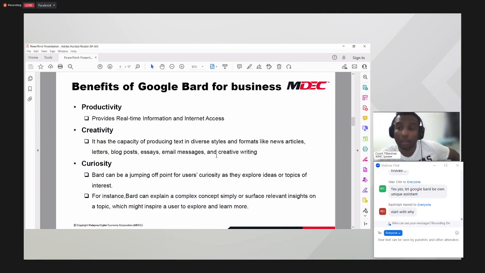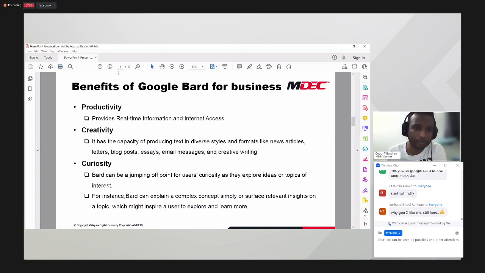Bagaimana burung boleh terbang? Of course, there's a scientific explanation, but can we explain that? Of course, no. Sekarang kalau tanya I soalan tu, I tak tahu macam mana nak jawab. Tapi kalau Google Bard, I boleh Google kat sana. I dapat jawapan dia. I tengok apa keyword tu, daripada sana I dah tahu. Oh, okay, burung terbang menggunakan sayap. Bagaimana dia boleh terbang menggunakan sayap? Of course, there's a physics behind it. So that kind of stuff. Benda ni kita kena analyze in a big way.